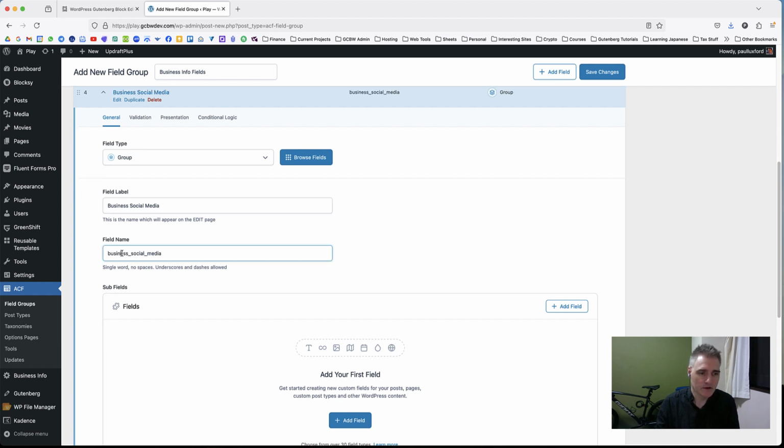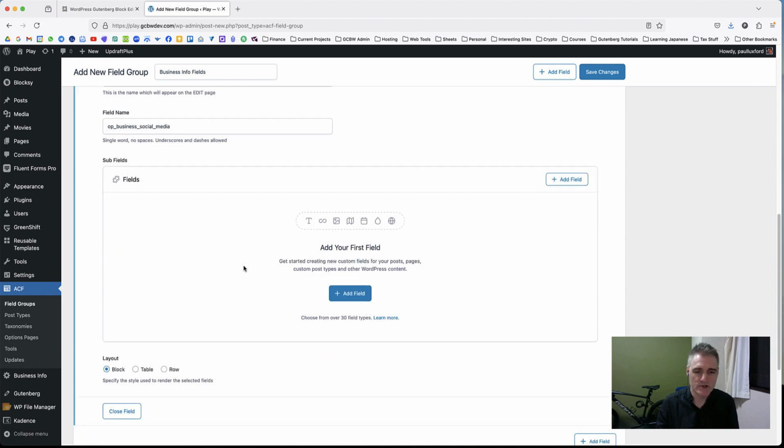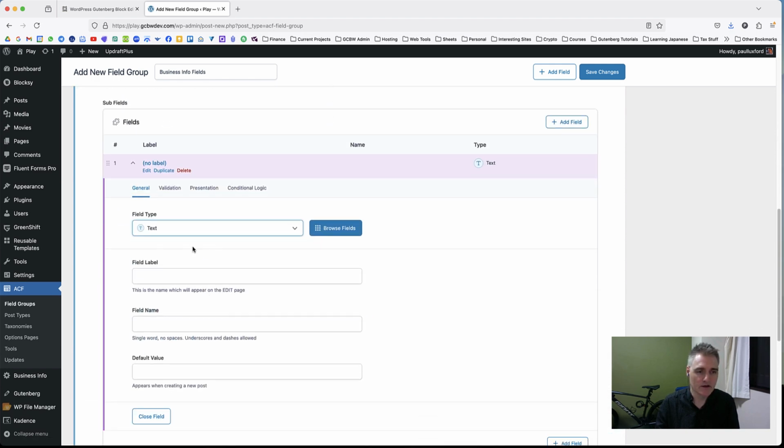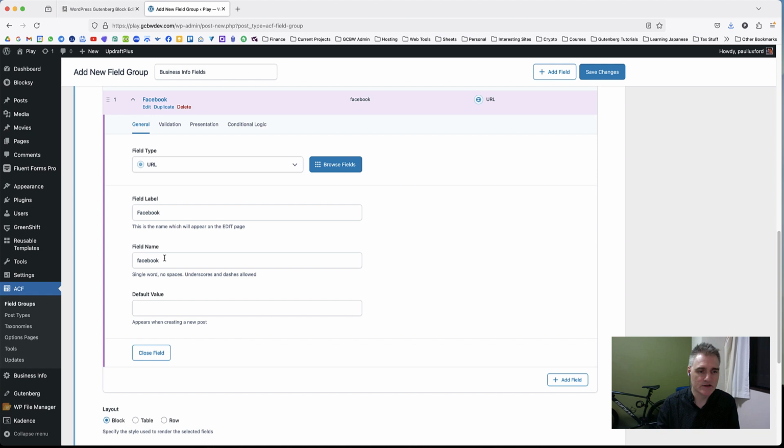And again, I'm going to put OP at the beginning of here, just so that I know this is referencing the options page. I'm going to add a field here. This one's going to be a URL because we want to link out to these. So this is going to be Facebook. Let's see if I can actually spell that correctly. I'm going to keep this as Facebook. I'm going to put OP at the beginning of that